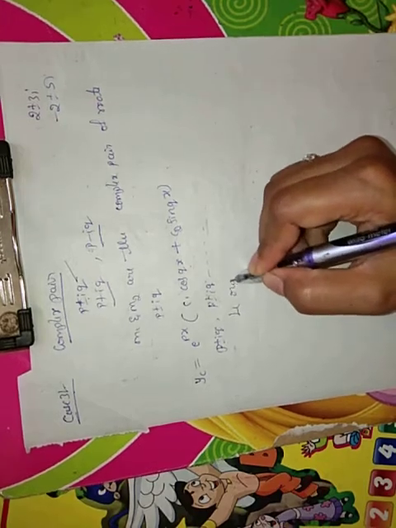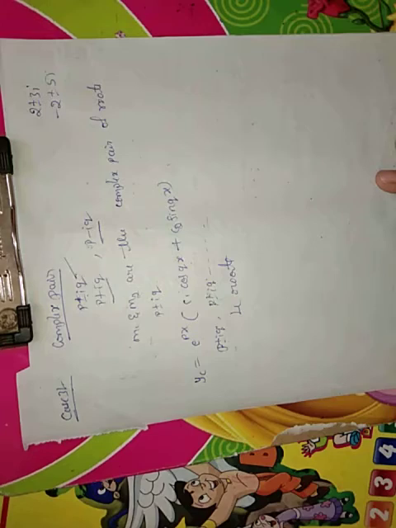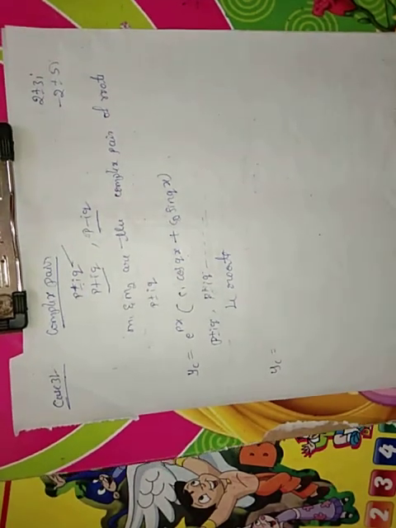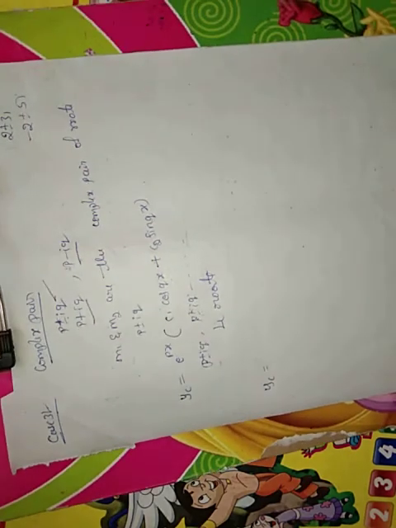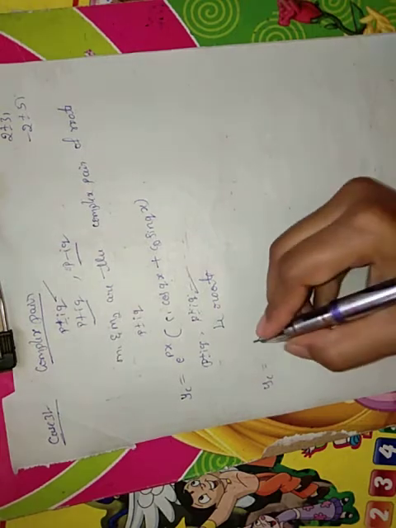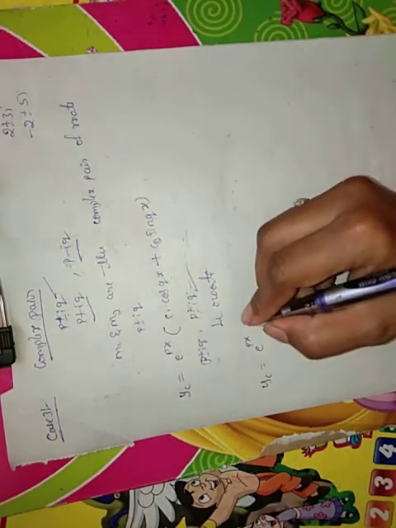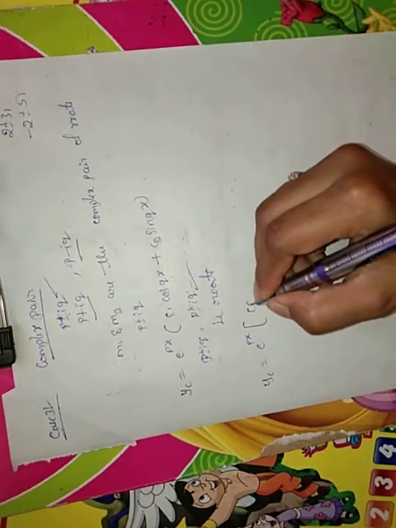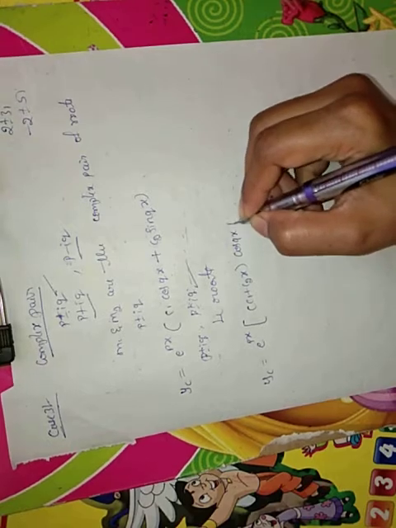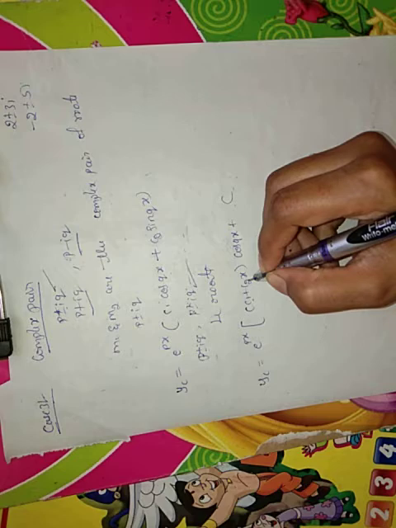Totally 4 roots are present when the complex pair is repeated. How do we write the complementary function then? Your complementary function is e raised to px into bracket c1 plus c2x into cos qx plus, and since c1 and c2 are already used,